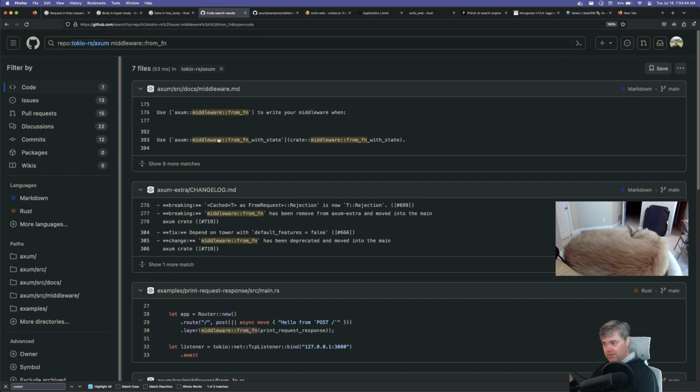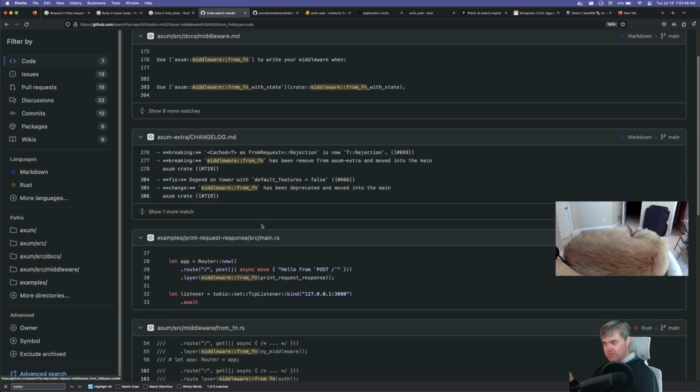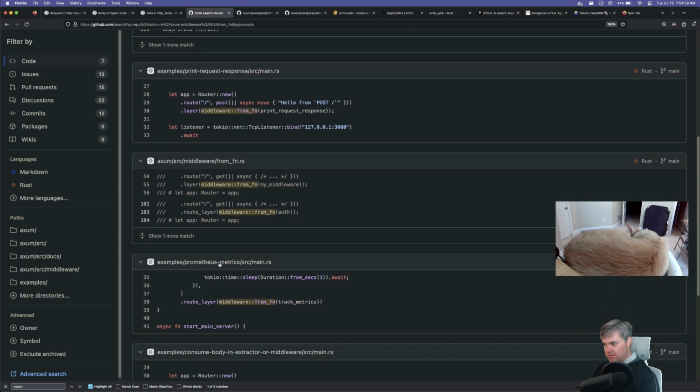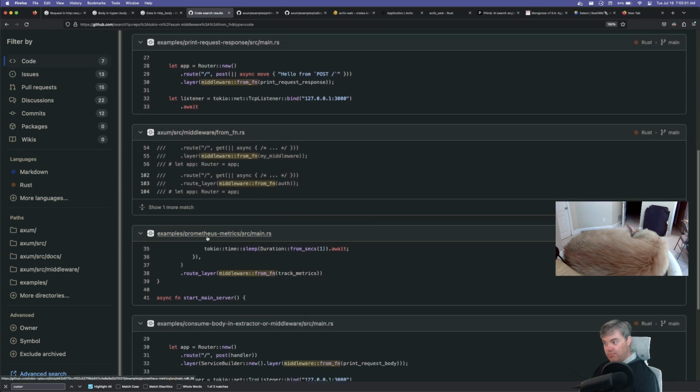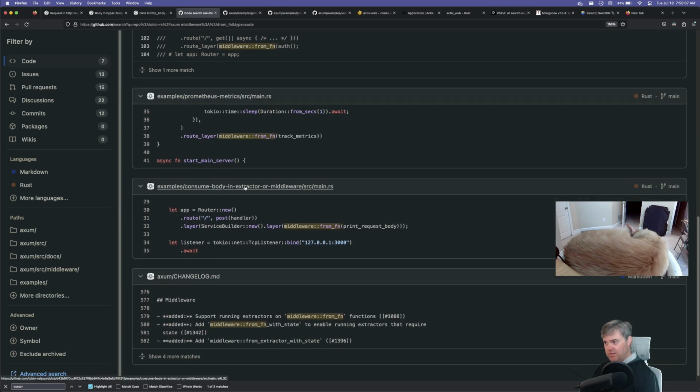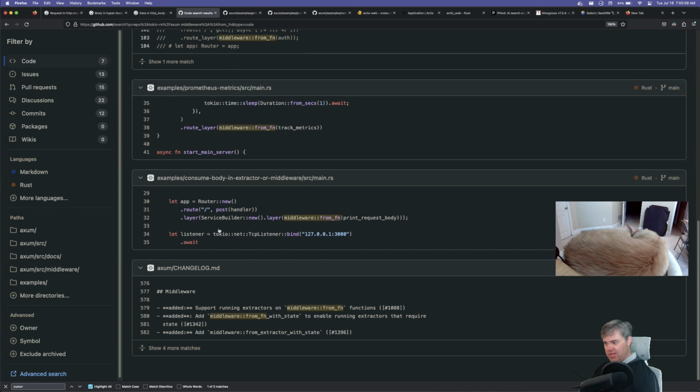Okay, so this example has it. Prometheus Metrics has it. This middleware. This example, which is not real, but